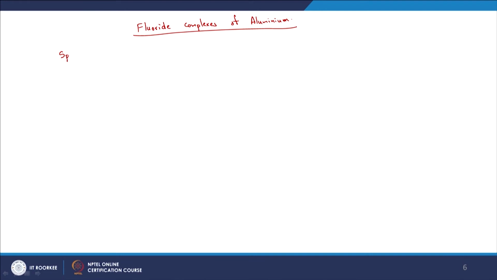From that you can then express the different variables in terms of the simple variables that you are looking at, which would in this case be H plus, Al3 plus and F minus. So we will just look at that very briefly here. So what are the species going to be? Obviously you are always going to have H plus and OH minus, and then the metal. And what else? You will obviously have F minus, fluoride, and then we are going to have the